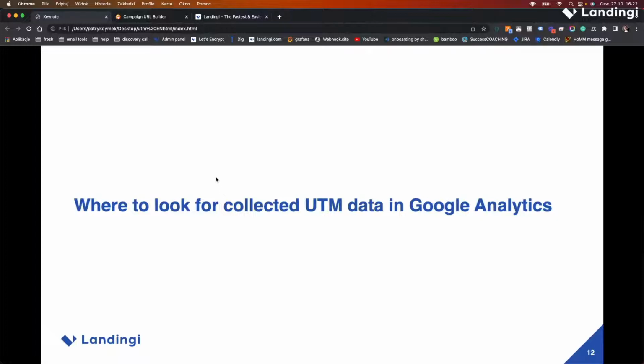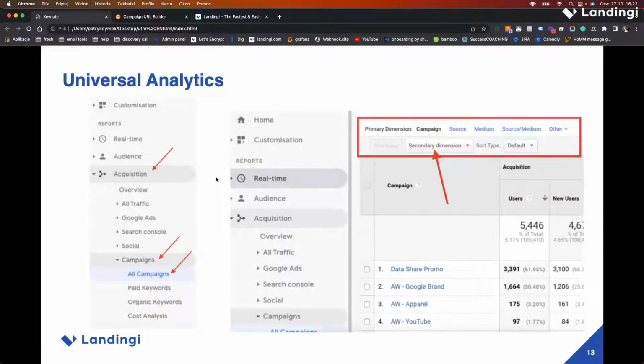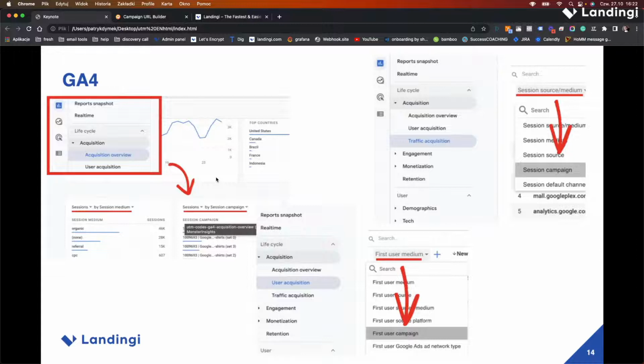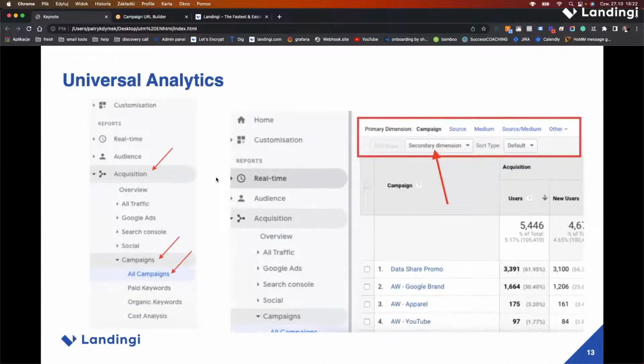For now, we have to distinguish two options that we need to consider: the Universal Analytics dashboard and the Google Analytics 4 dashboard. Universal Analytics is still available and supported, but it will be only until the 1st of July 2023. So make sure you move your marketing effort to GA4 before that date, before it's too late.